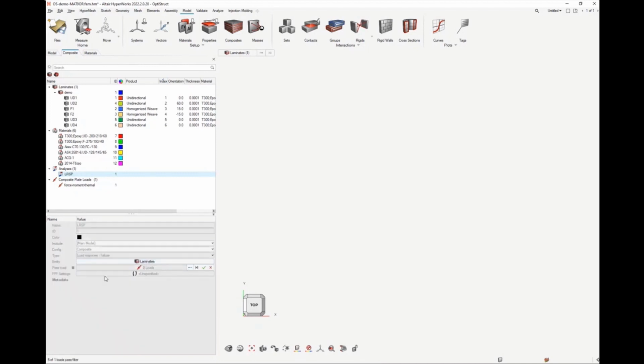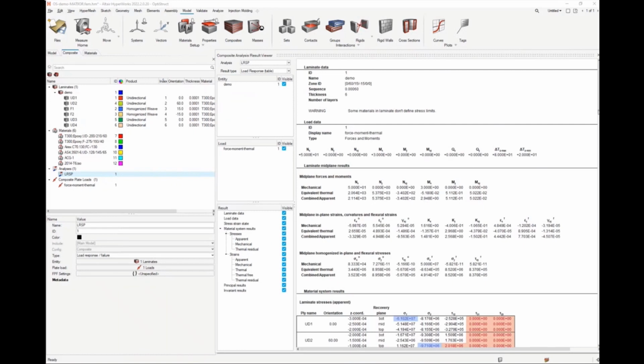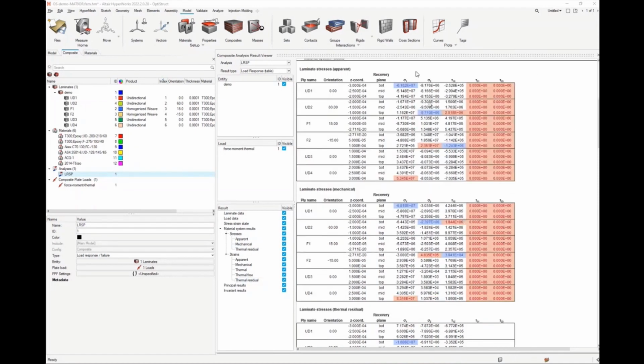it's actually quite nice to see the effects of the thermal versus the mechanical load. So I'm just selecting all the needed values, and now we can look at the results. In this case here, we do see, first of all, our complete load. And then if we scroll down, we can see the different levels. So starting with the apparent stresses, mechanical or residuals,